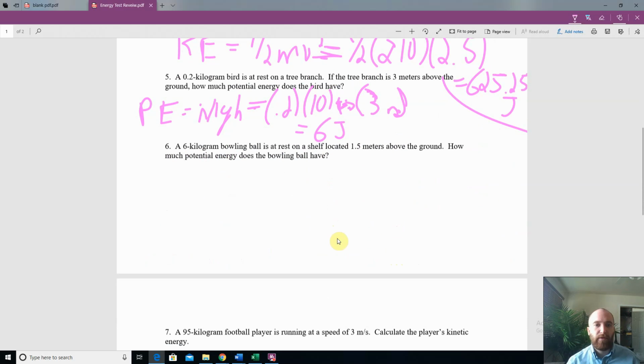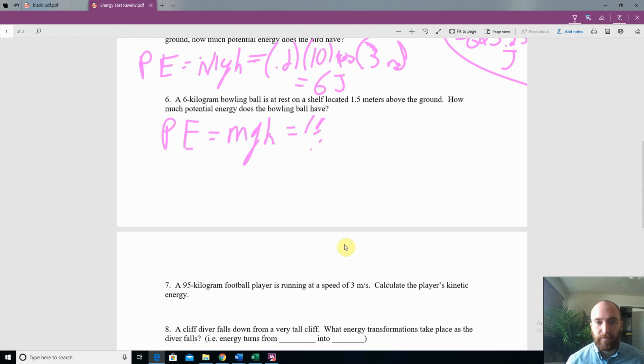A 6 kilogram bowling ball is at rest on a shelf located 1.5 meters above the ground. How much potential energy does the bowling ball have? And again, we have an equation for potential energy, so you definitely will need to be able to use these equations on the test. The mass is 6